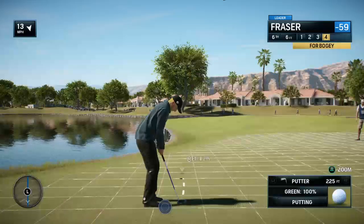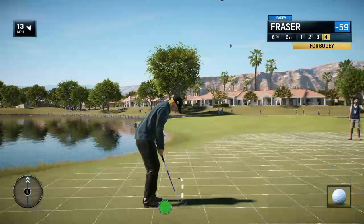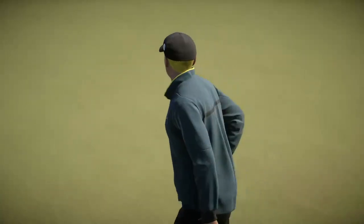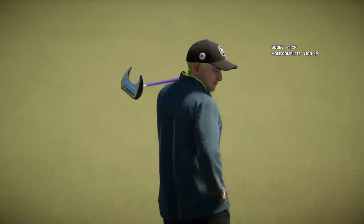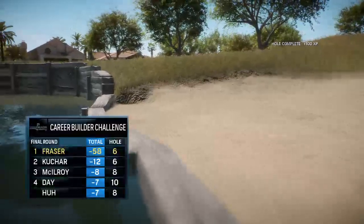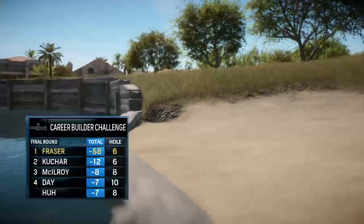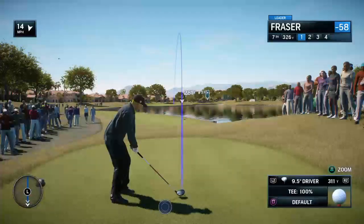Settles in over the putt. That's a bogey, but still in the lead. We start to see shots in hand really valuable. We're at the seventh now,